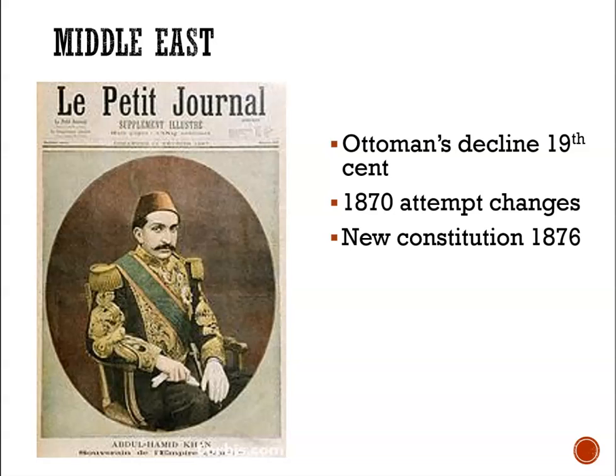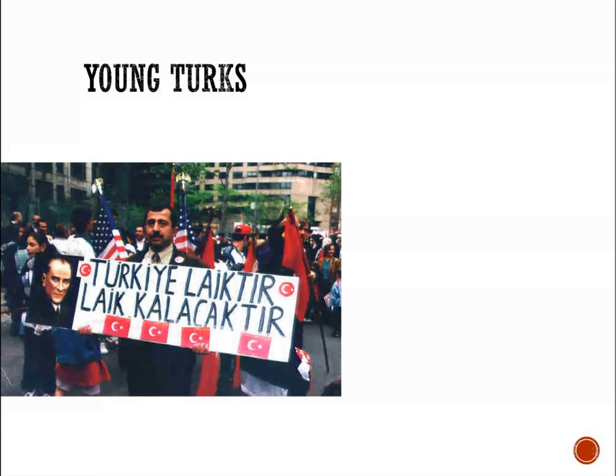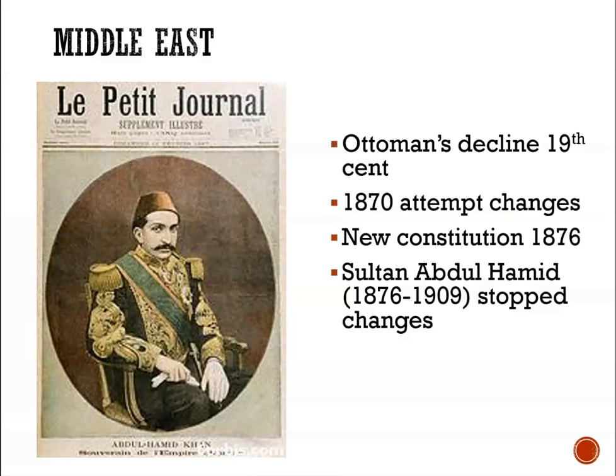Well, as they're declining, they try to change. They're not sort of keeping up with the modern times. And so they draw up a new constitution in 1876. The Sultan who is leading the Ottoman Empire at this time is named Abdul Hamid. And he stops those changes when he comes into power in 1876. So what might have worked gets stopped. And we see then a lot of people get upset that he stopped this because they think the Ottoman Empire needs to change to stay